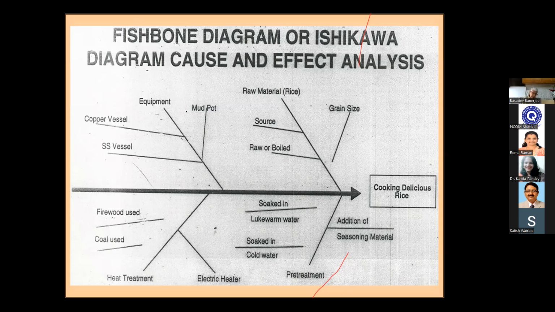Yeah, Dr. Kavita. Now let us see what are your weightages. How is your husband appreciating your cooking? I would say that 60% would be the rice, the quality and everything. I would give 10% to the pre-treatment, whether it is washed nicely and all that. I would give 15% to the heat treatment, and of course the kind of cooker and everything. So another 10% to the equipment. The total should be 100, so another 15%, 15% equipment. Okay, yes, that is the 100.